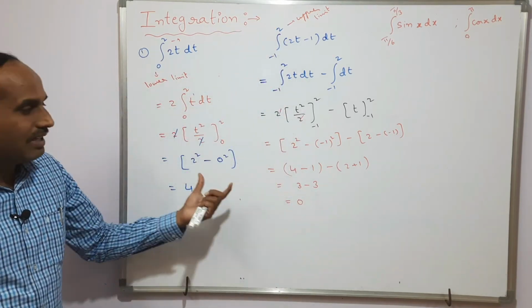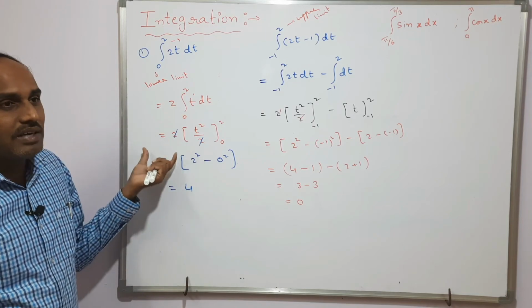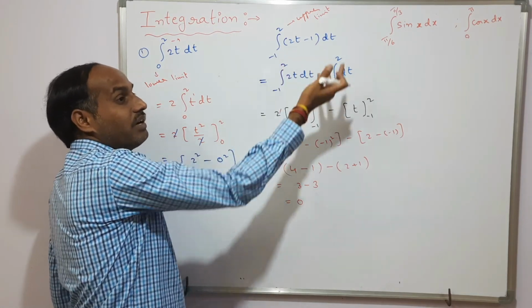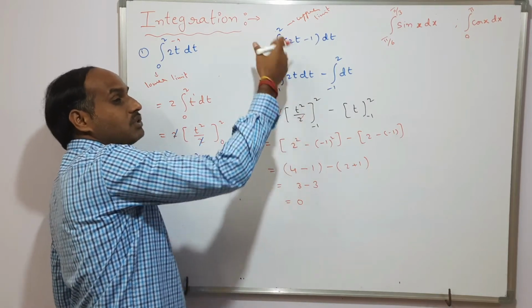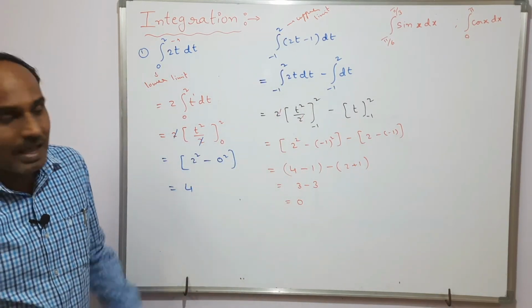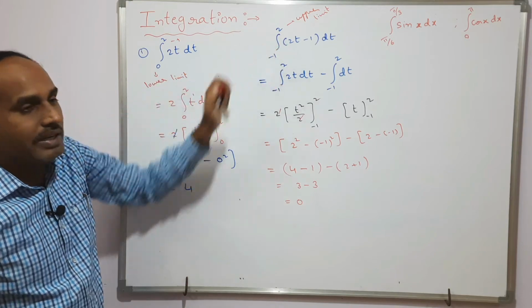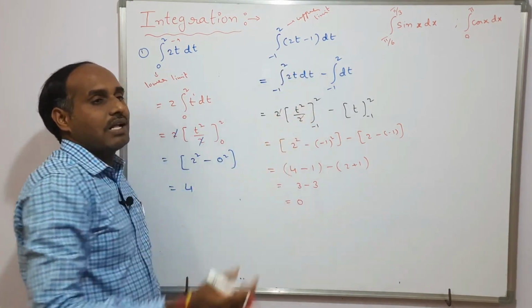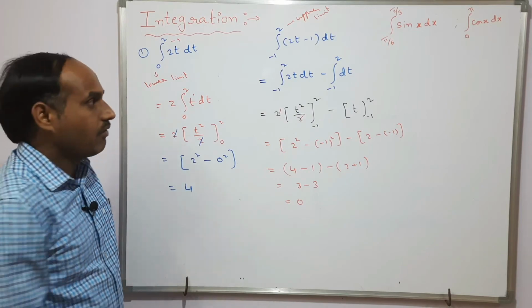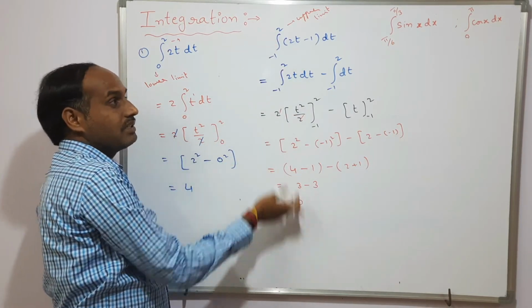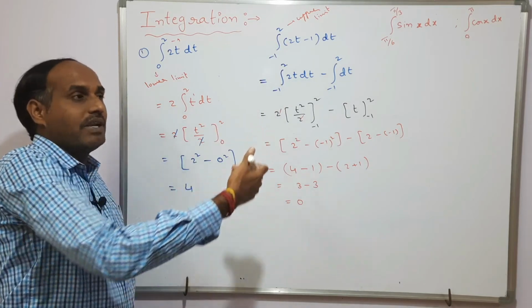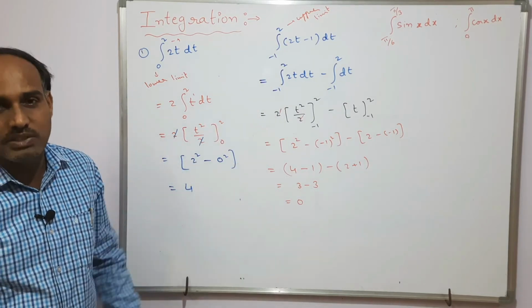Now see the importance of definite integrals: for the same function, it gives different values with respect to the limits we have chosen. As the limits of this integration change, the final value of the function will also change. Understood? If you take 1 to 2, you won't get this if you take 2 to 4. Why am I taking these limits, sir? I will explain with respect to physics, right?